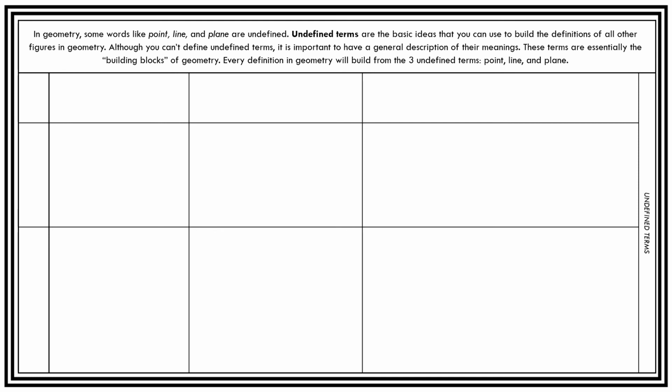Okay, so our three undefined terms, like we said, are point, line, and plane. And from there, we can build every other definition that we know in geometry. And that's very important. It's pretty cool. But we know they're undefined because we don't have anything to define them from. And you will need to know these three undefined terms. So first we'll start off with points. So a point indicates a location and has no size. What this means is that